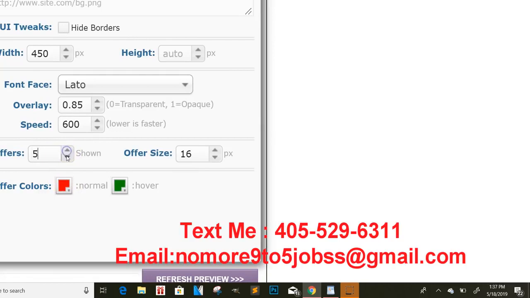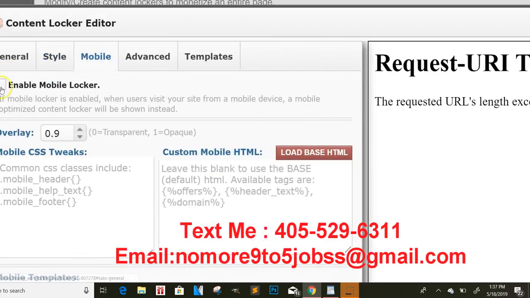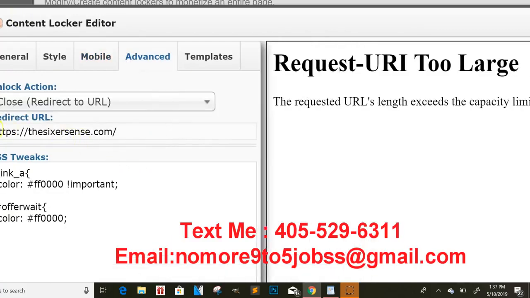So we'll say 5 offers. Okay, you don't have to really worry about any of this. Mobile, you don't have to enable a mobile locker. It's usually checked. You can uncheck that if you want the content locker to be the same all the way around. Advanced, you'll put the redirect URL link to the website that you find.